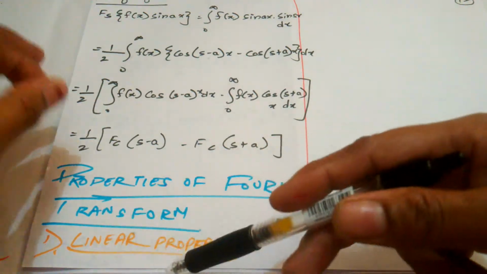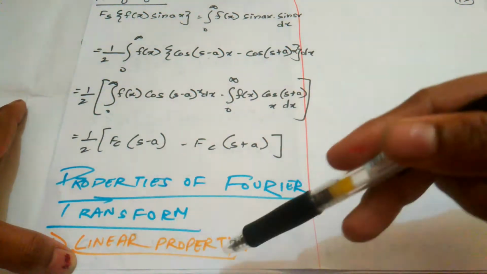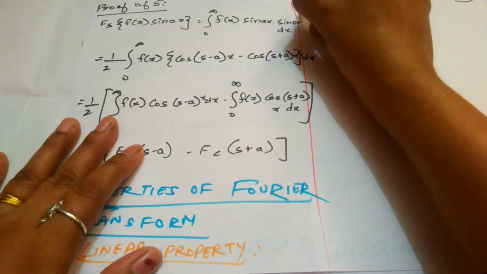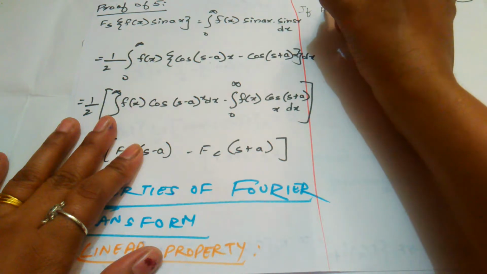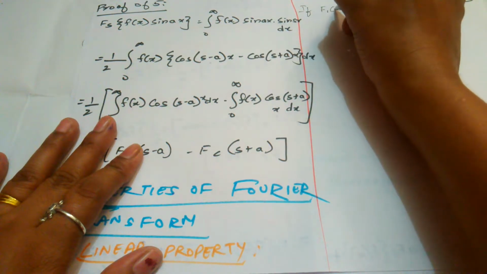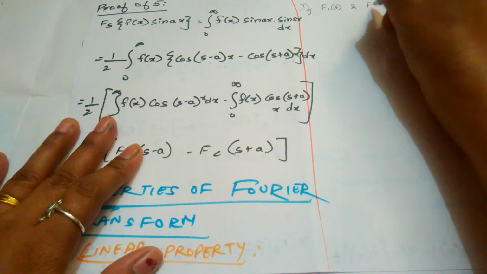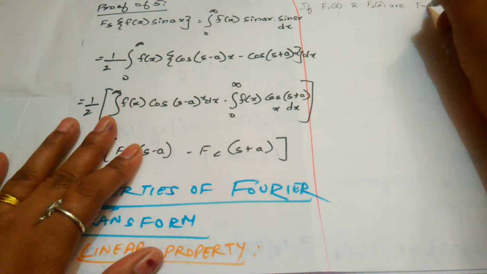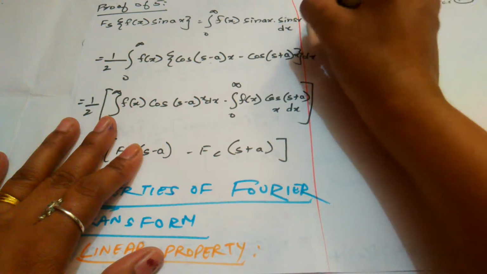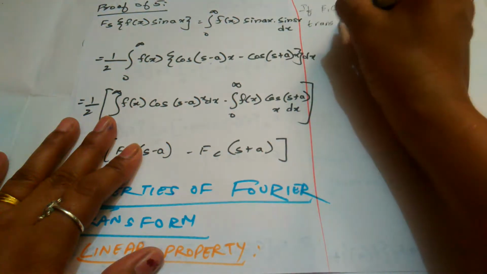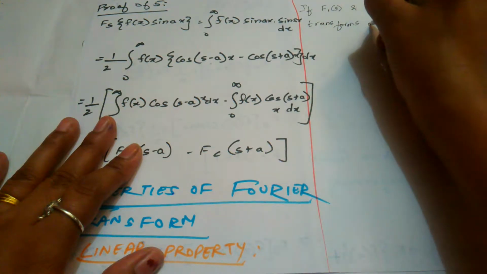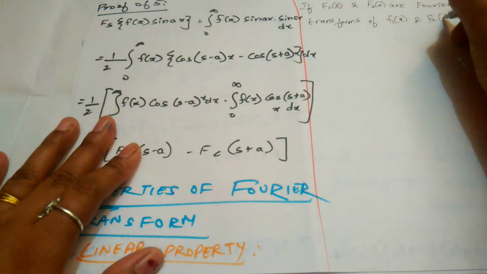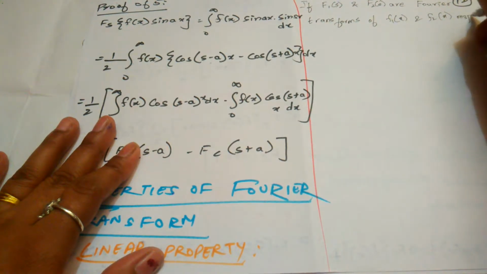So we are starting our first property, that is linear property. So let us give the statement for this. If capital F1 of s and capital F2 of s are Fourier transforms of f1 of x and f2 of x respectively, then